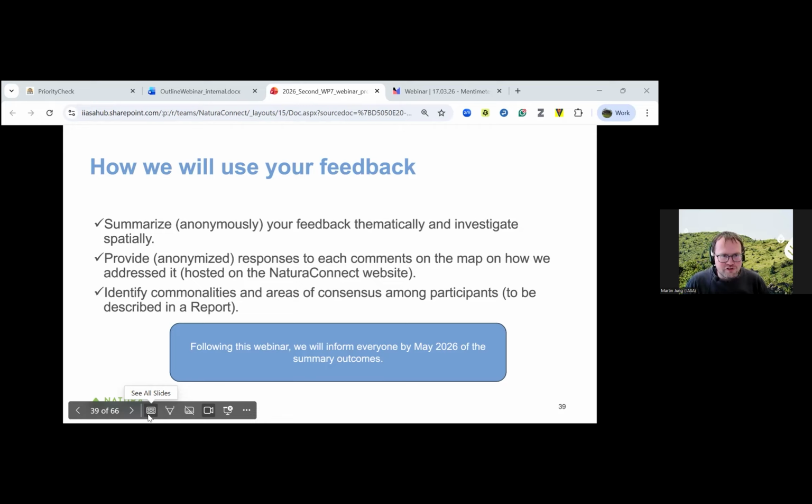Luis, anything I forgot to say here? I think you said it all, yeah. Okay, perfect. Just to reiterate, it's basically an overlap between the priorities we've identified and the land systems map for a bunch of high to medium intensity land uses. But yeah, Martin has said it all. Okay. Any more general questions?